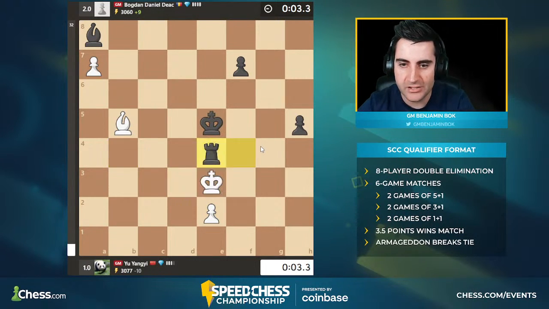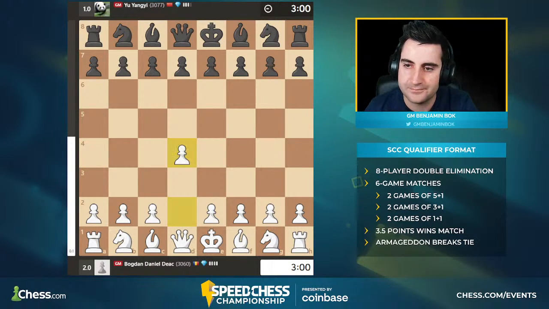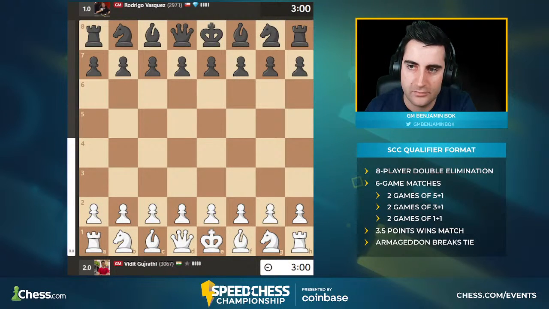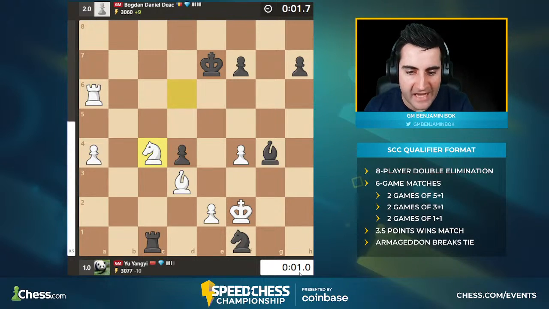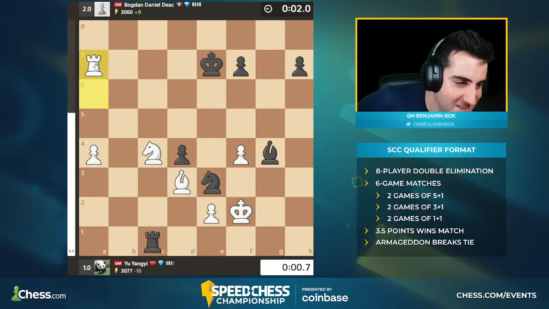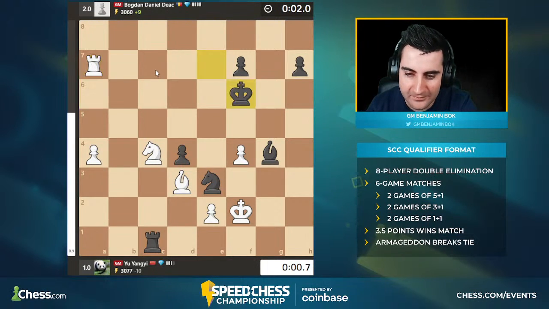But let's go back. I just want to see what happened. Let's pull that up real quick. It was right around here. How does he have 1.0 seconds on his clock? Like, I don't understand. Aren't you supposed to lose on time? And then here, he had 0.7. Like, how does that happen? Yeah. Anyway, but